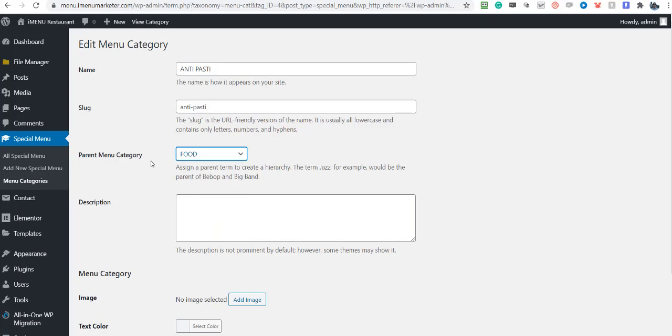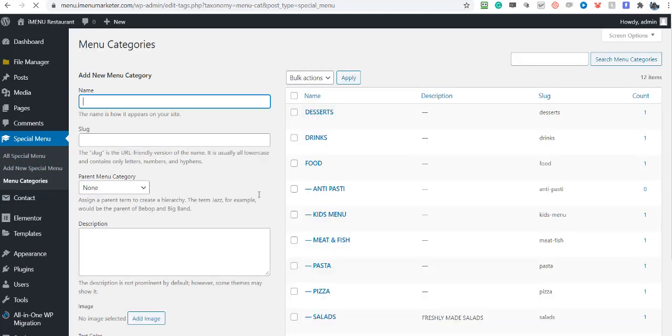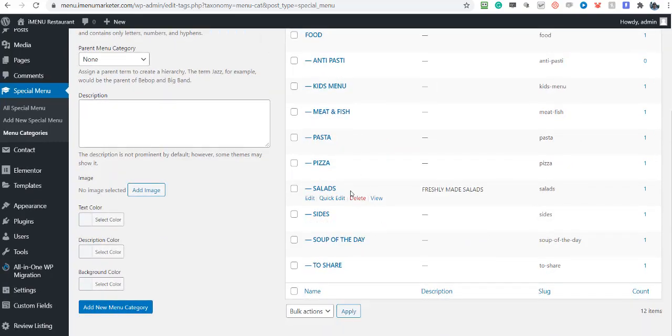So this way, for example, if you had a category, well, we have got a category for drinks, so let's have a look at the category for drinks. We could actually have under here subcategories for wine, soft drinks, beers and so forth. Okay,